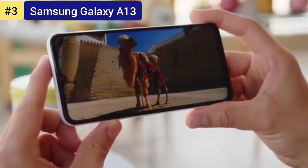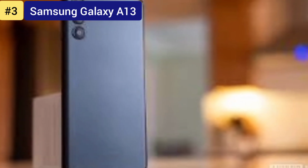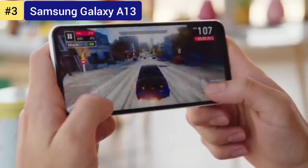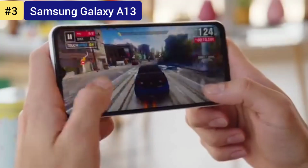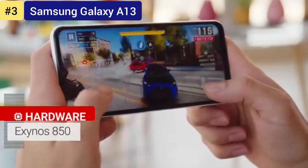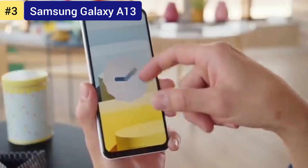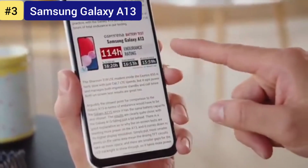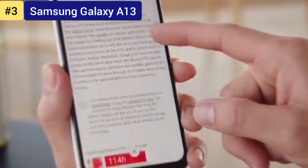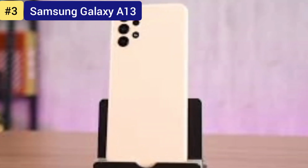complaints in this regard. There's no doubt that spending a bit more money is going to get you a phone camera that captures significantly better pictures. But at the same time, the Samsung Galaxy A13 isn't going to let you down if your expectations aren't sky high. Similarly, when it comes to performance, you'll be able to run everything you want to run, but you're going to have to put up with slower speeds than you'd get from a more expensive handset. Regarding battery life,